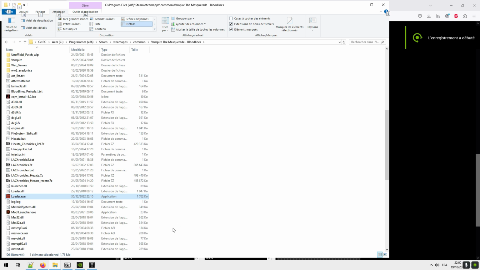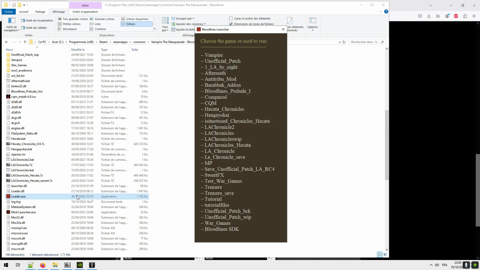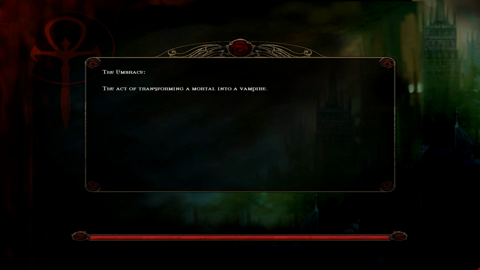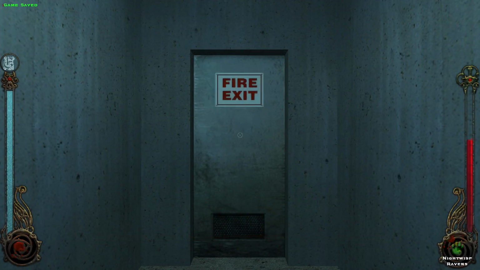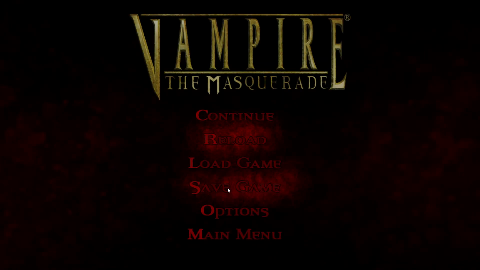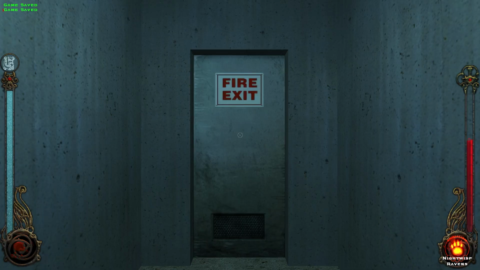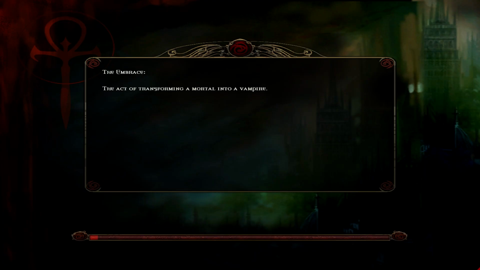Now, it's time to test our mod. Launch the game with the game mod loader, loader.exe, that you will find in the Vampire the Masquerade Bloodlines folder. You can create a shortcut. Second, select Tutorial. Then, the game will launch. Create a new game and a new character. In the first lobby map, save the game. It will be useful for later. You can navigate around. You will see that the tutorial map is full of problems. We will fix that in the next part.